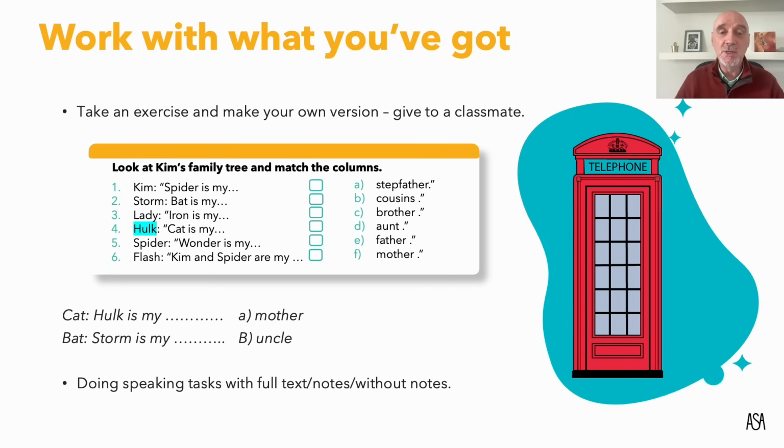a less confident student can do it first with the support of the full text, and then do it with another partner with just their notes, and then maybe even try it with a third partner, working simply from what they can remember and what they've gained in confidence doing the intermediate versions, and without their notes. The strong students, the confident students, can maybe do it once with their notes and then, as the next step, with